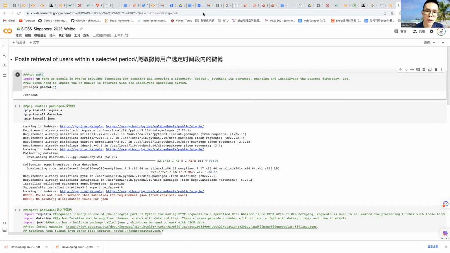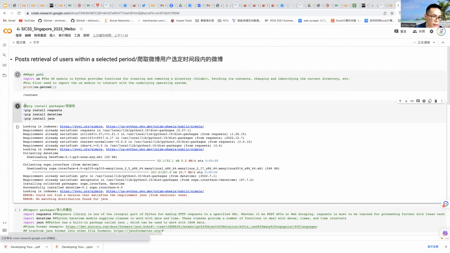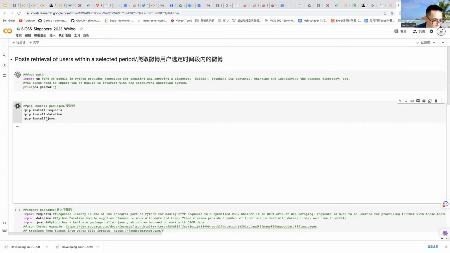Any other question? Okay, now let's move on. For this one, just import the OS and install the packages: the request, the date, the JSON.